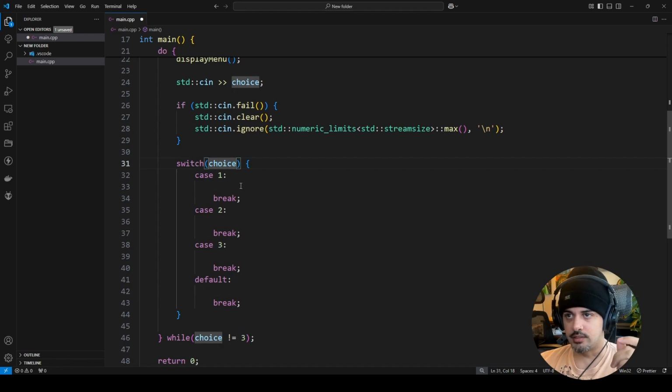So let's say it's choice 1, it'll then run choice 1 logic. If it's choice 2, it'll run choice 2. If it's choice 3, it'll run choice 3. And if it's anything besides any of these cases, then it'll just run the default. So that's what the default is for. Now, the reason why a switch case is so much better than an if statement is because an if statement has to evaluate all the conditions there. So like, let's say if we were to